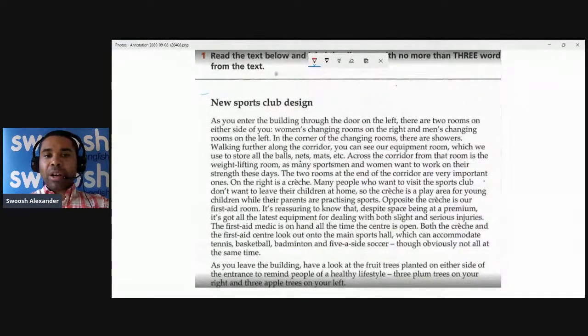So let's bring up the task for today that we are going to be looking at. We will see that we have a description, and from that description we need to be able to identify what the different parts of a diagram are. So we need to be able to label the diagram by looking at the description. I will be switching between both the description and the diagram in this video so that we can label